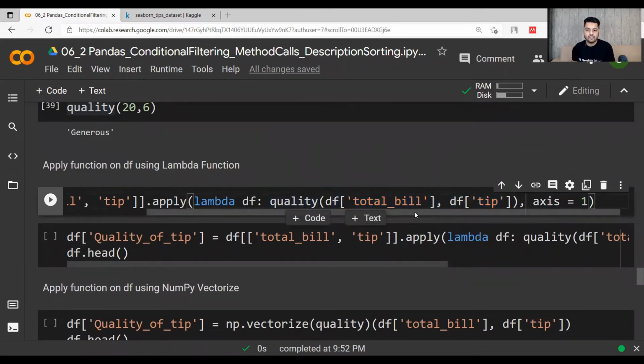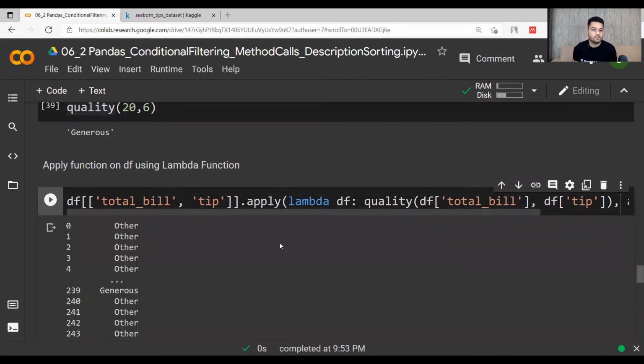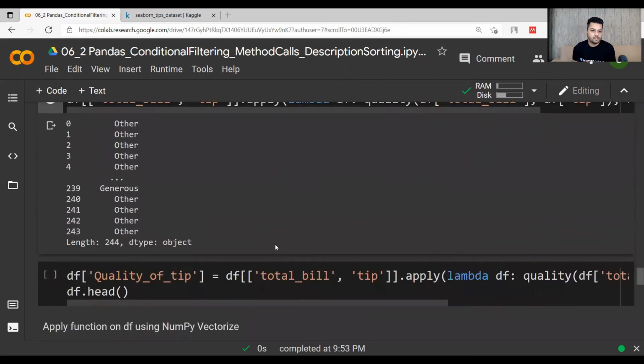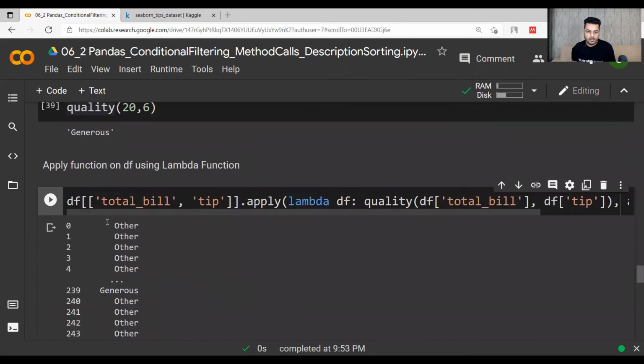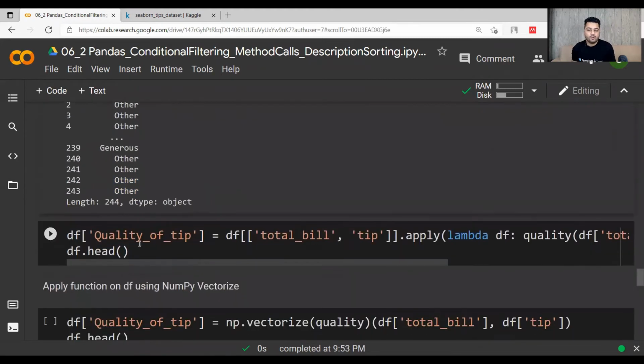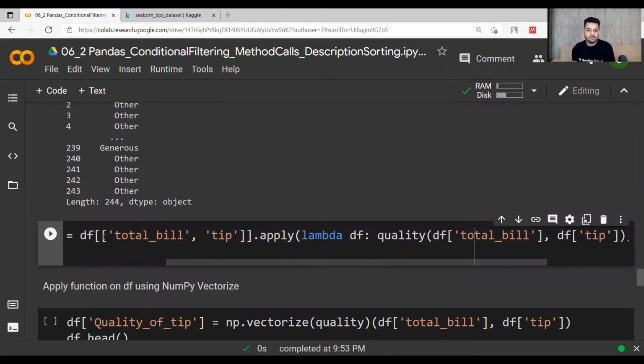It means you are doing it column-wise, and you get whatever value comes out, generous or other, right? Now if you want to add this column, simply you have to do df quality of tip. Quality of tip will be the new column, and again all the things that we did in the previous command.